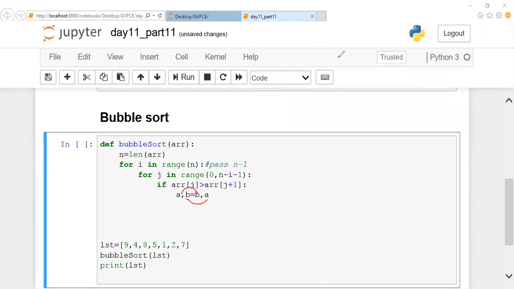Now we are supposed to swap a of j and a of j plus 1. Now we'll write the statement here: array of j comma array of j plus 1, equals array of j plus 1 comma array of j.